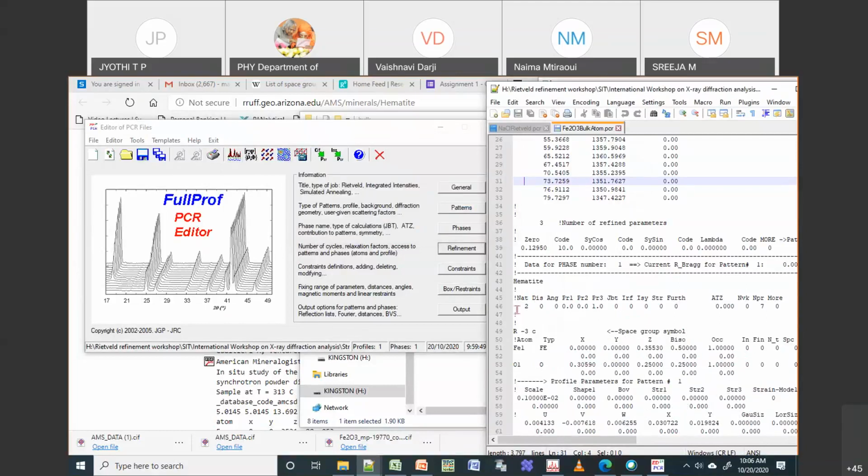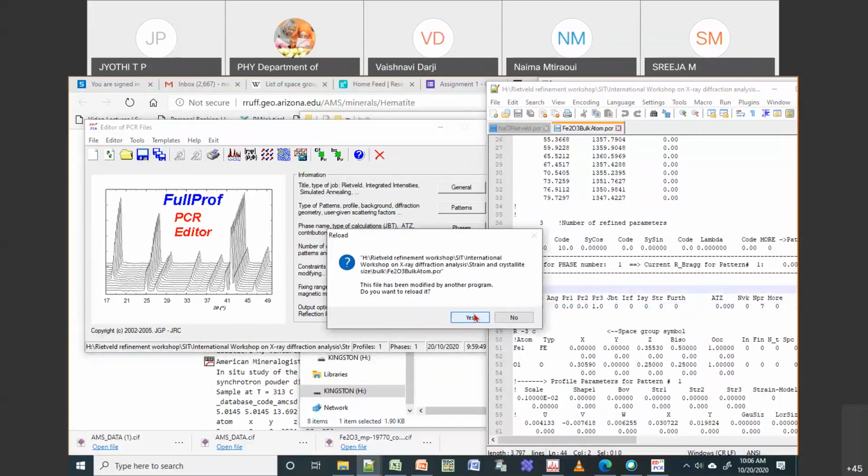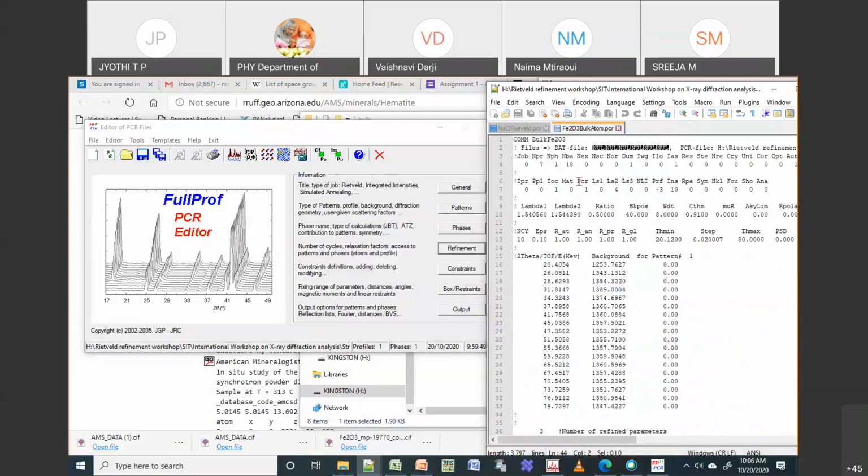Now we can see the number of atoms became 2, and it also gave these atomic positions. Fe is in 0.34. This information we gave in our EDPCR. Now what I will do is try to refine this one time. So I will refine it.